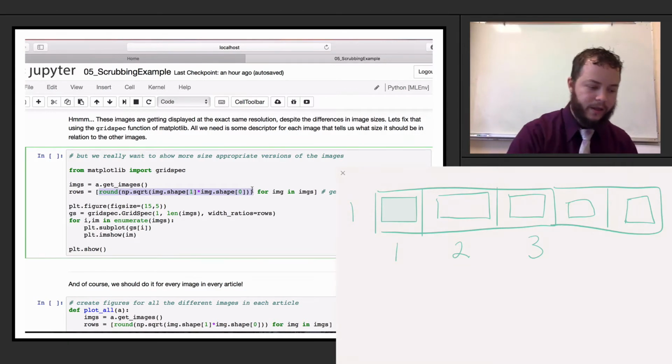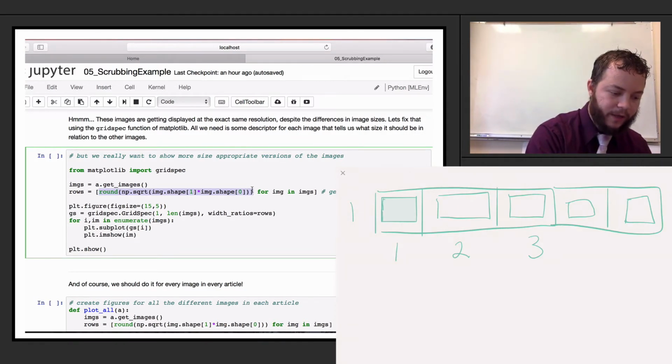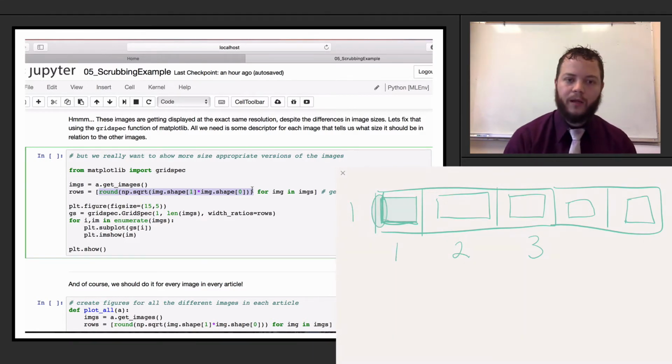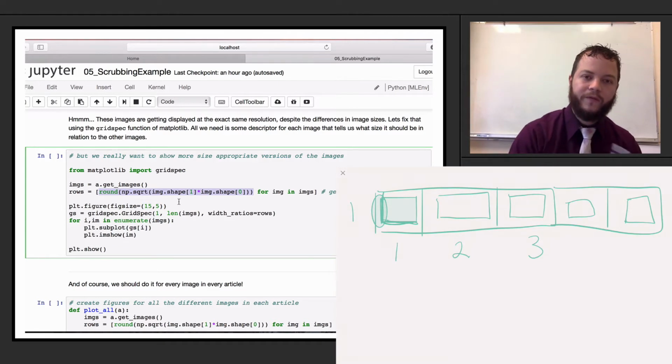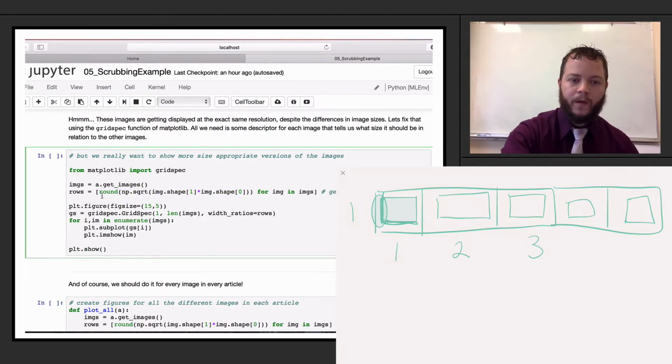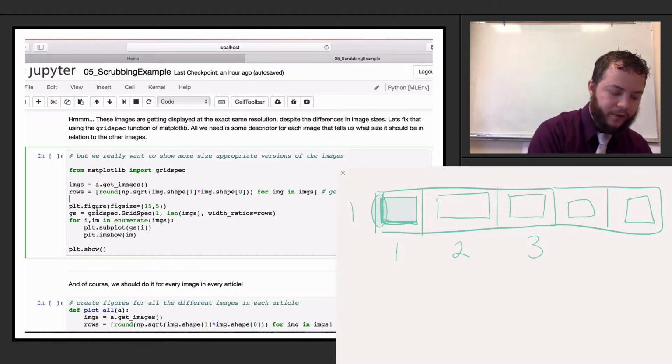So it's basically like saying, okay, I have this image. Well, how many rows do I have? How many columns do I have? Let me multiply those together and take the square root, which, if I had a square image, would basically give me the number of rows or columns that I have for that image. But it's basically taking the square root of the image size and rounding it to be an integer. And so what that allows me to do is